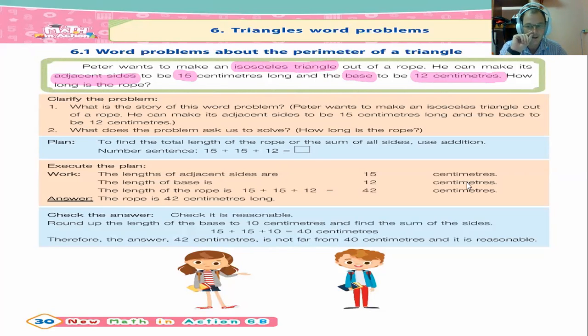Let's look at what they explain to us further. To clarify the problem. 1. What is the story of the word problem? Peter wants to make an isosceles triangle out of a rope. He can make the adjacent sides to be 15 centimeters long and the base to be 12 centimeters long. What does the problem ask us to solve? How long is the rope? Okay, so our plan. To find the total length of the rope or the sum of all the sides, use